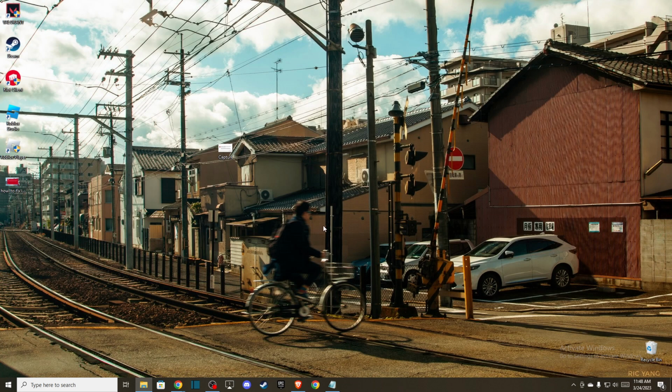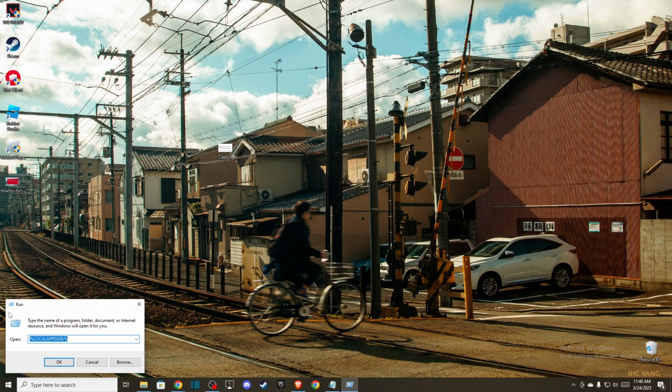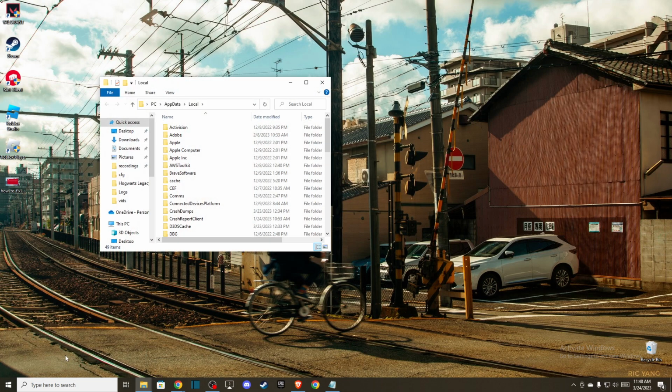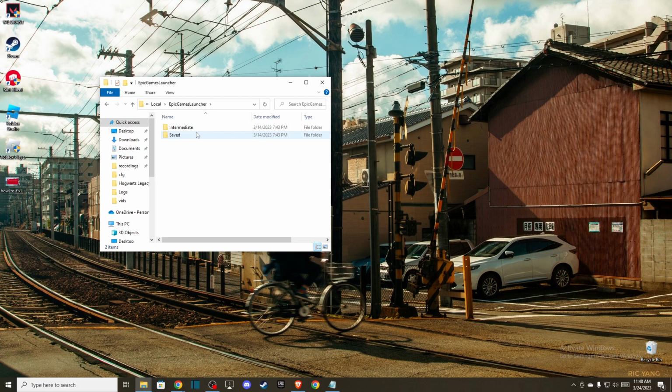And if the problem persists, then the last thing that you can do here, you just need to press Windows and R key to open this run bar here, and then you just need to write %localappdata%. Press OK, and on this window you need to find Epic Games Launcher here,